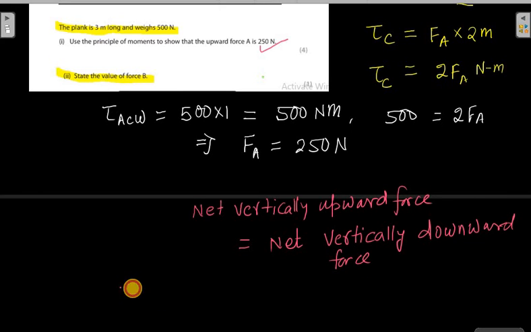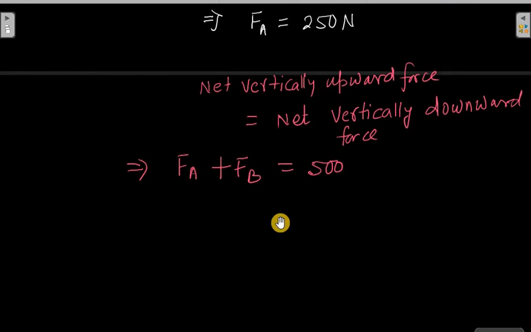Or we can write the vertically upward force is Fa plus Fb, and the vertically downward force is 500 Newton. On putting the value of Fa from equation first, we can write 250 plus Fb will be equal to 500 Newton,